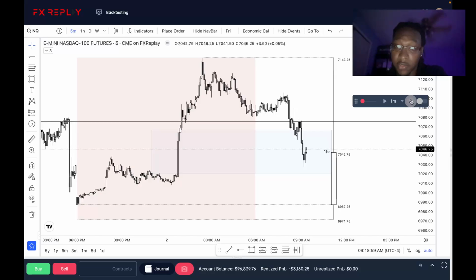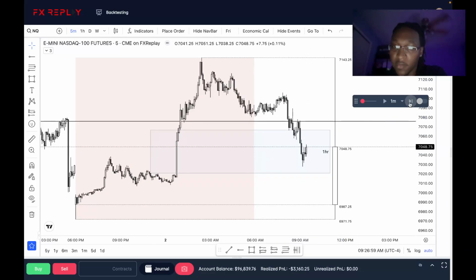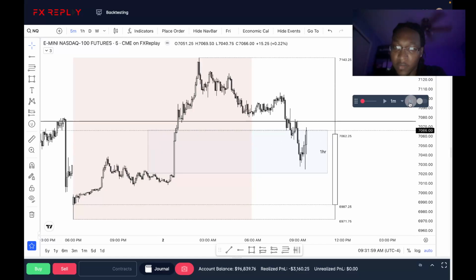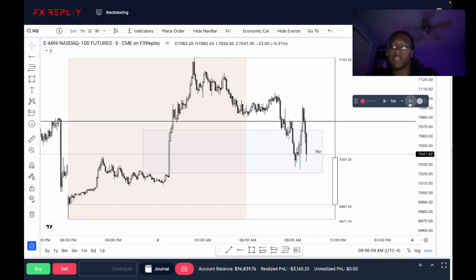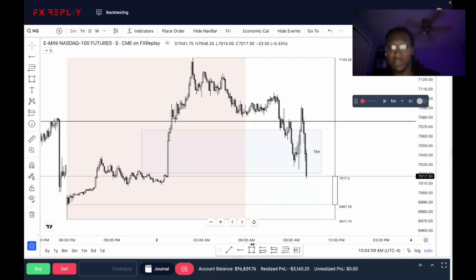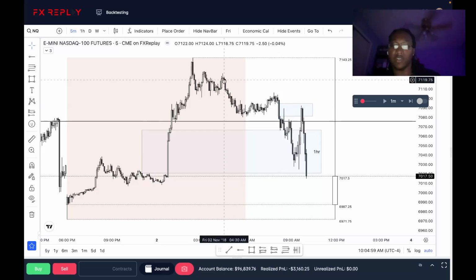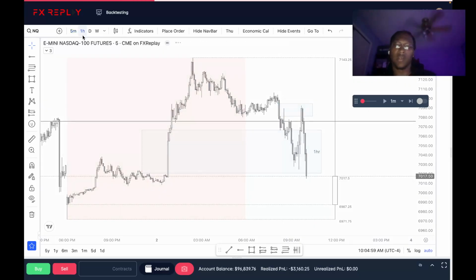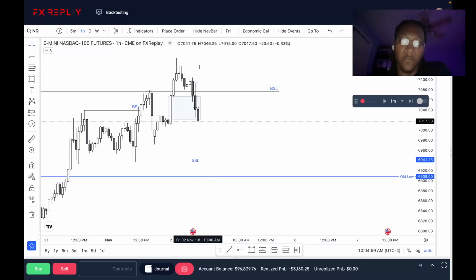Looks like we're just going to trade straight through this. 9:25, 9:30 opens. Looks like we find a little bit of support inside of that, but we end up trading straight through it, finding resistance at this CISI, which is fine. We're still inside of the range, so looking like a potential no trade. Running out buy side, can look for the lows.